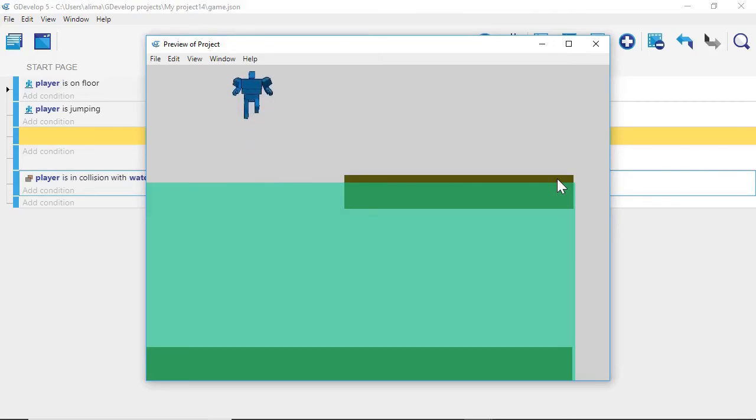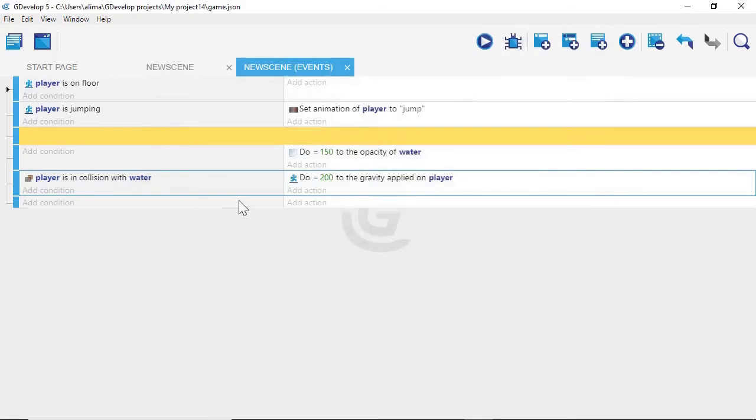And what's happening is our player is being affected by the gravity all of the time. So the player is able to jump out of the water. So we don't want that. Okay, so how do we deal with that? Well, the way we deal with that is